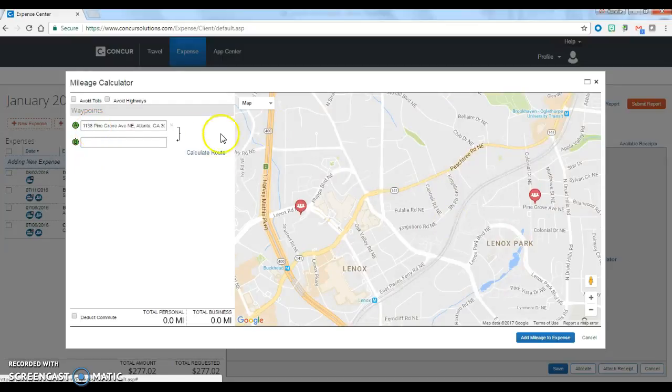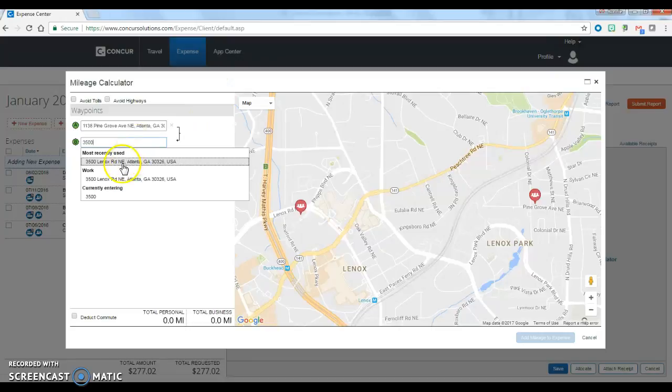This is all driven from my profile. I set this up with my home address, work address, my card information that's going to be linked to the site, and any sort of ACH information if Concur is going to handle or help with any sort of reimbursements for your employees. So let's say I started at home, drove to my office,